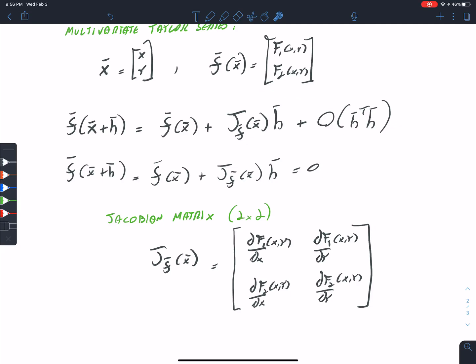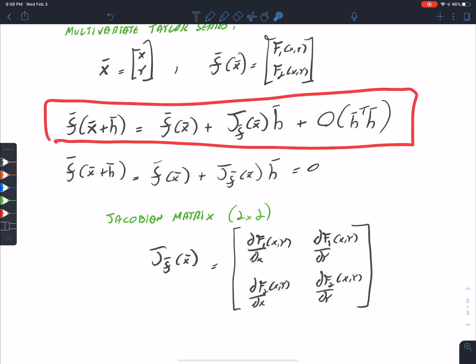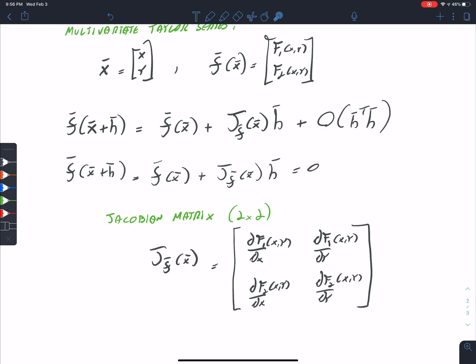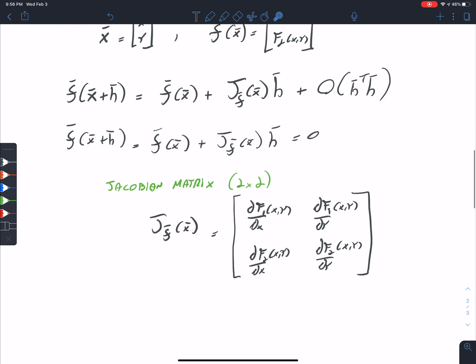And here is the multivariate version of the Taylor series. There is another term here, the quadratic term. Actually, there is the Hessian matrix of these derivatives. We're not going to get into that because Newton's method, the multivariate version, doesn't require these other ones. It assumes that this term is a very small error that you're committing. And so once we have this,